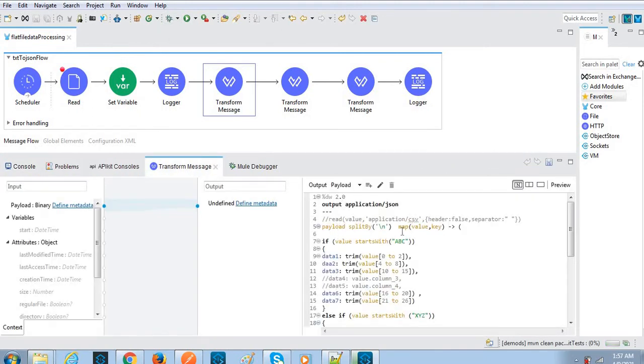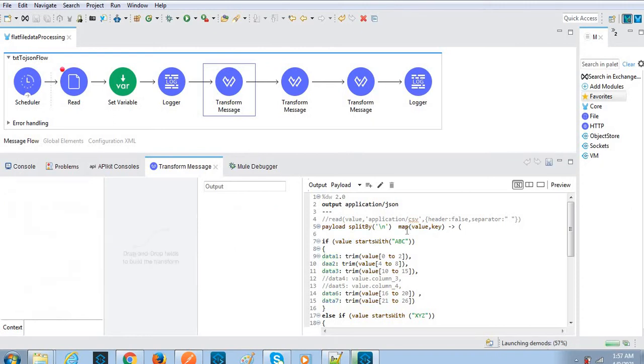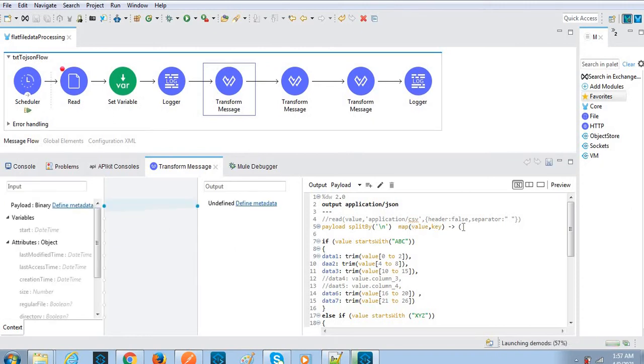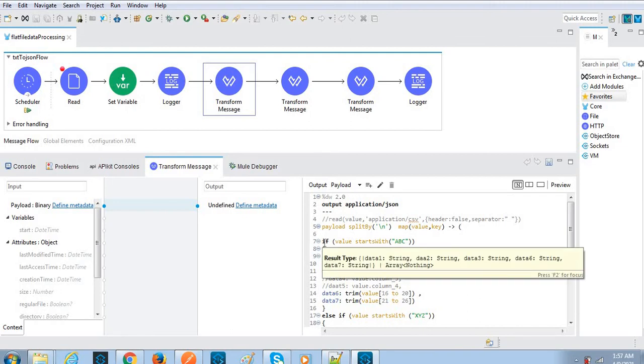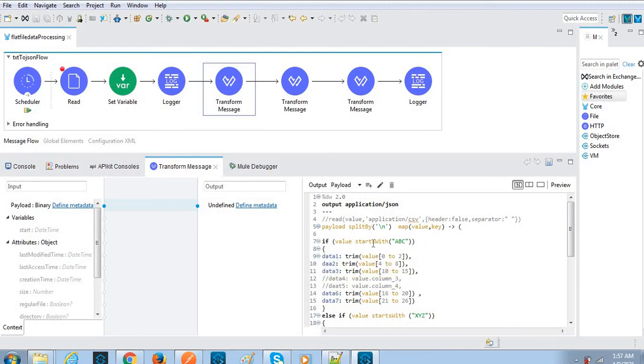From the payload we are splitting, and again I am applying the map function, so that I have an array of details. From each array, that row of data, if the value starts with ABC, I am reading that data and putting it into each field.